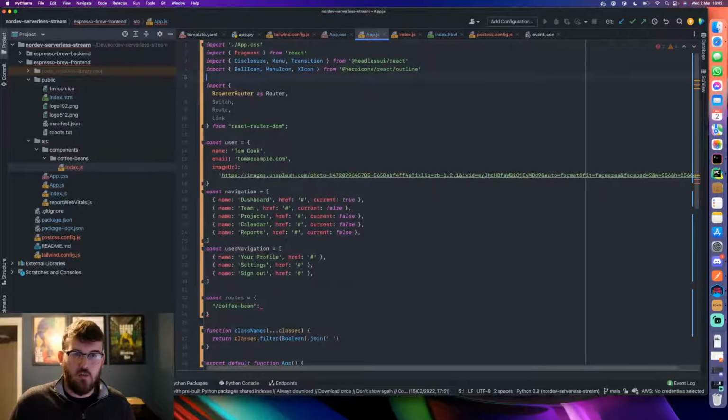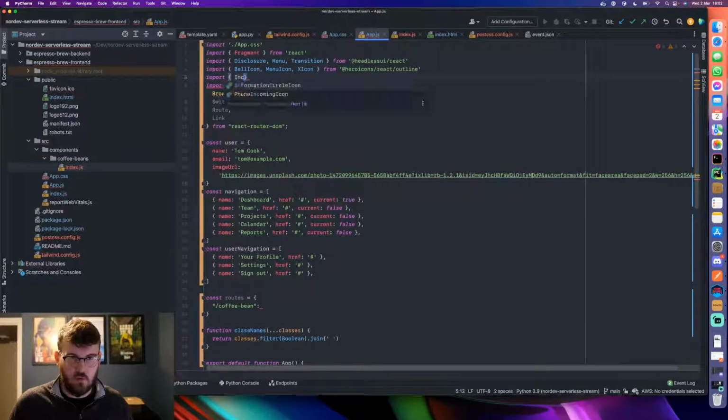So if I import index as coffee bean index,